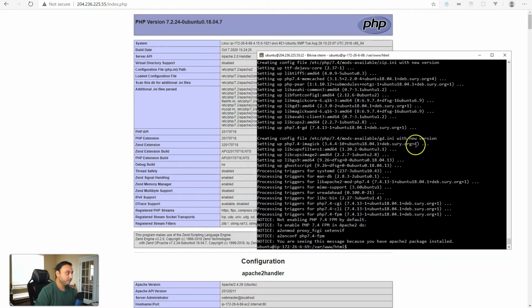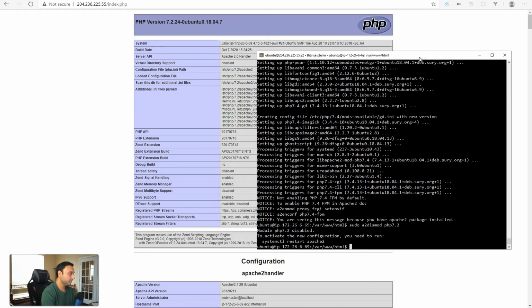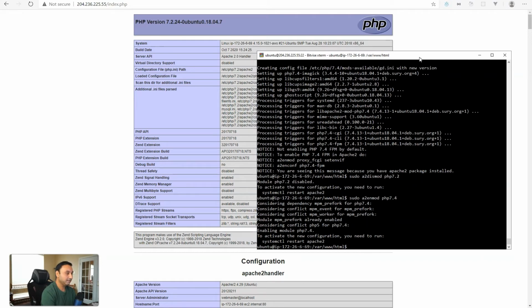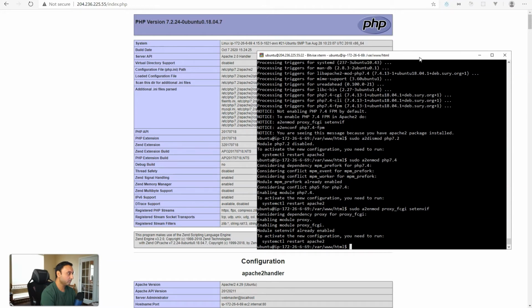So let's run this command to first disable PHP, sudo a2dismod php7.2, and then we will enable mod php7.4, and then we will also enable PHP 7.4 FPM for Apache. So run these commands. And sudo a2